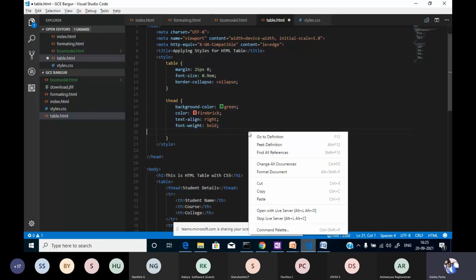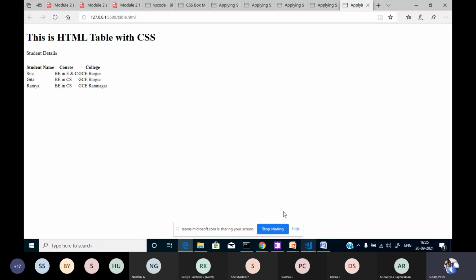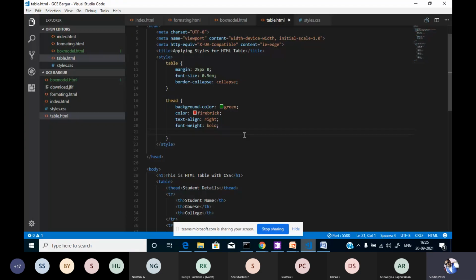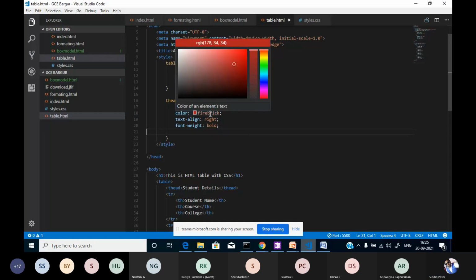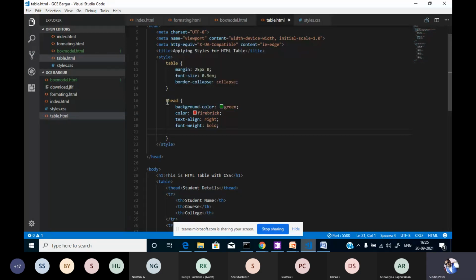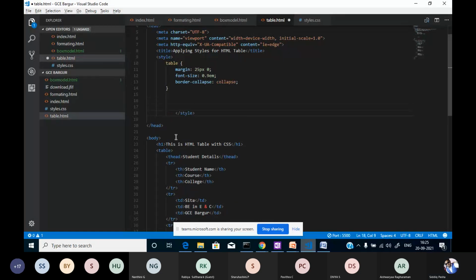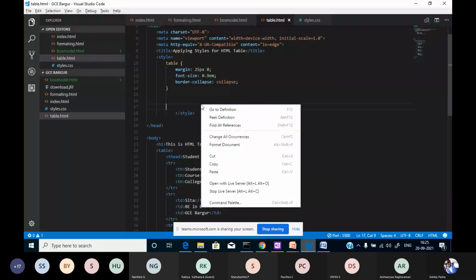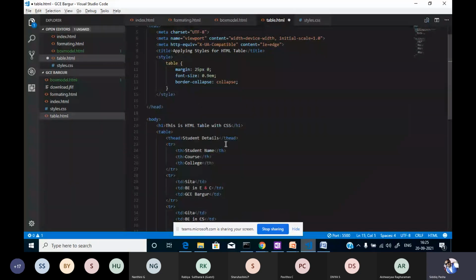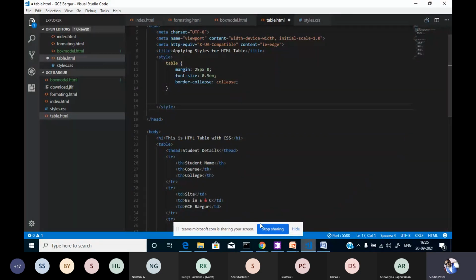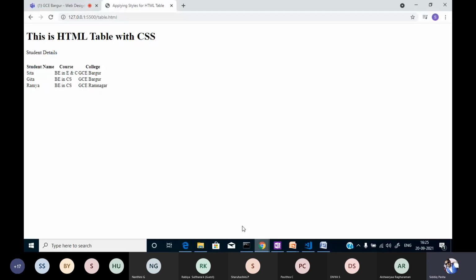Run it, or open it with Live Server. No effect. There is no background applied for the table head. Let me remove this once and add it one more time. Let's see why it is not taking the styles. It should take the styles. I'll format the document once. Over here, I will close this once.